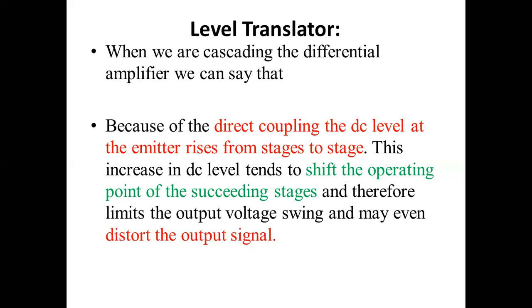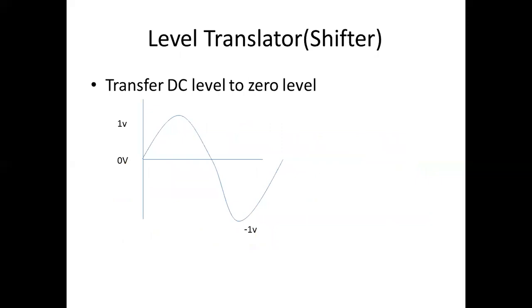What happens in the level translator is that when we are cascading the differential amplifiers, because of the direct coupling, the DC level at the emitter rises from stage to stage. Let me explain this again. What is this direct coupling of the DC? Whenever we move from one stage to another one, the DC value increases. Now listen, what I want to say is that DC means how it transfers, it is going to transfer the